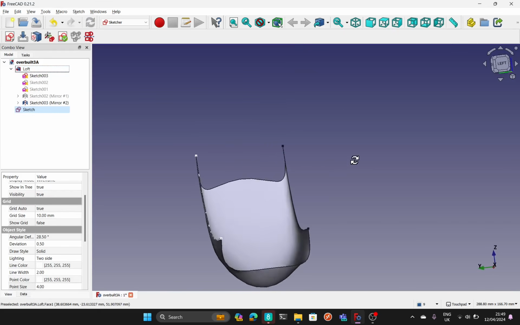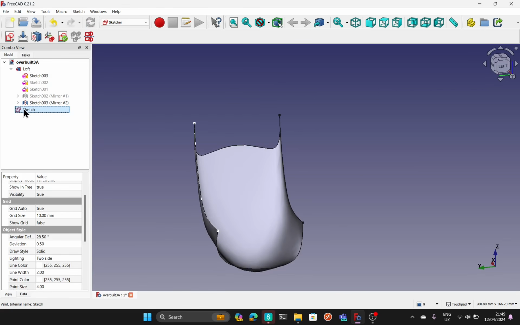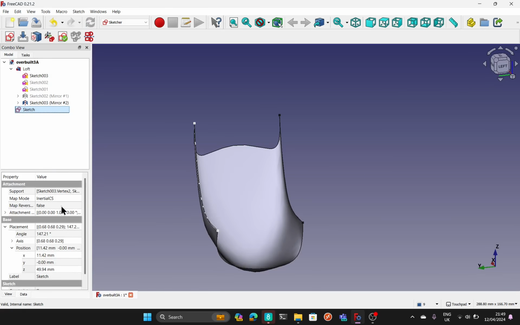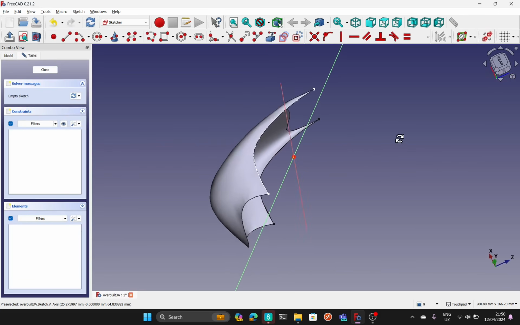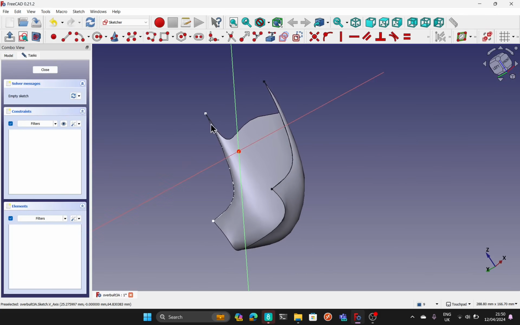I know my sketch is around the wrong way, so I can click on the sketch, come into the data tab. Map reverse at the moment is false for the sketch. Bring this down, set this to true. That'll flip it around the other way. So when I go back in, we're now around the right way. Let's reset that view